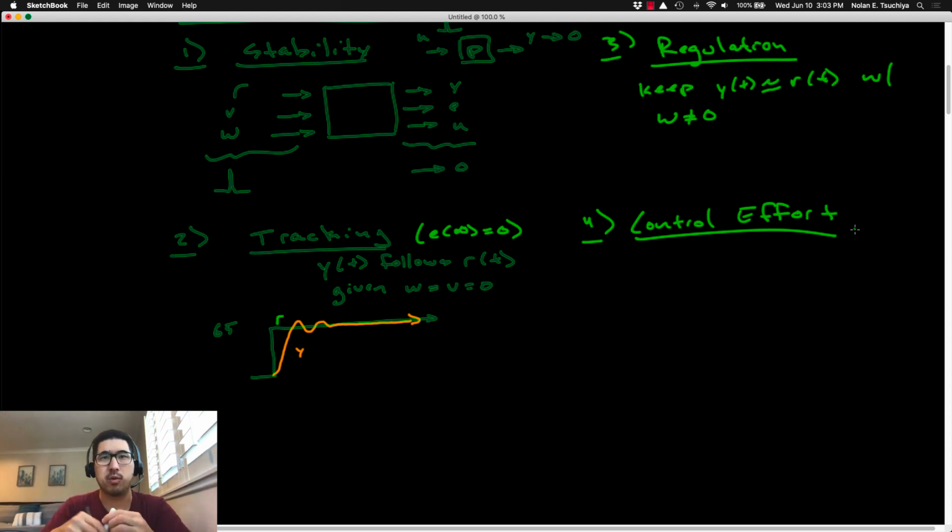Now, if you design a controller that, for lack of a better word, overreacts to very small errors, so like if you have just a tiny little error, say you want to be going 65 miles an hour, but you're actually going 64, and so you have a small error. If your controller gives it a ton of throttle to try and compensate for that, that's referred to as like an expensive controller. It's a higher authority controller, and that costs more